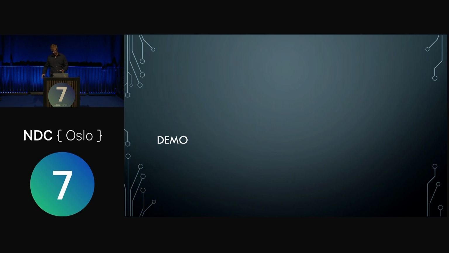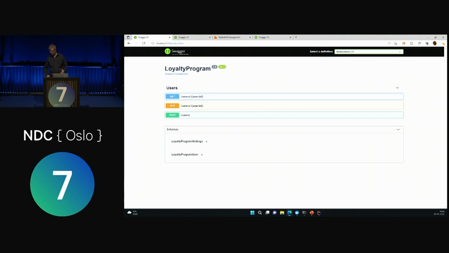Well, demo is maybe overstating it, but I'm going to show you a little bit outside of the slides. So we have a loyalty program running. It has some HTTP endpoints. It's not that advanced really.